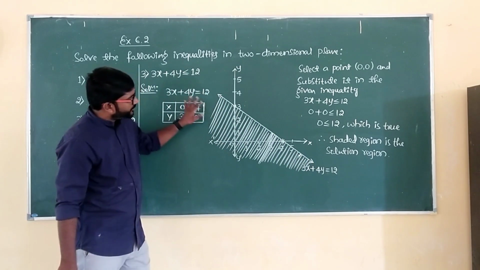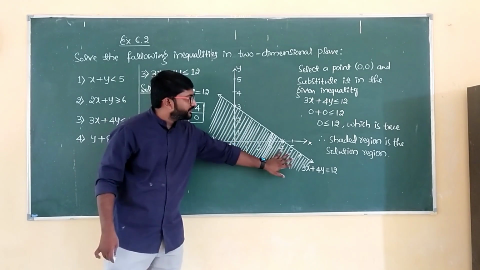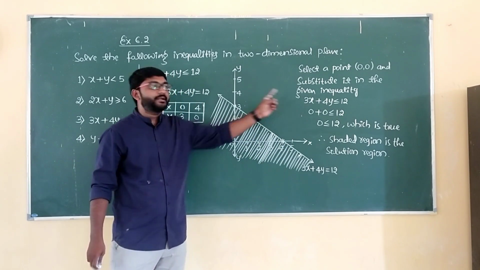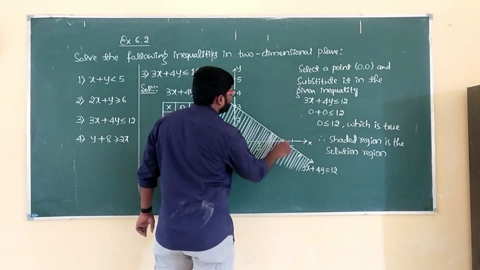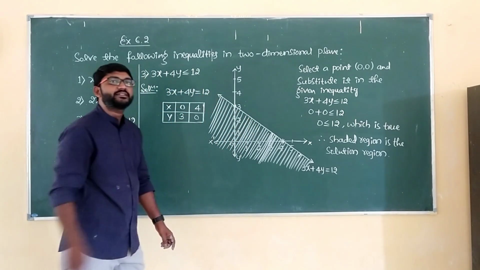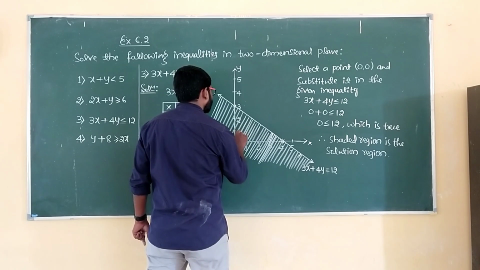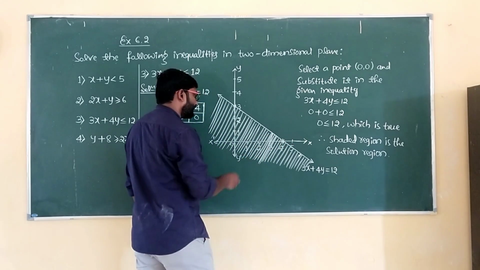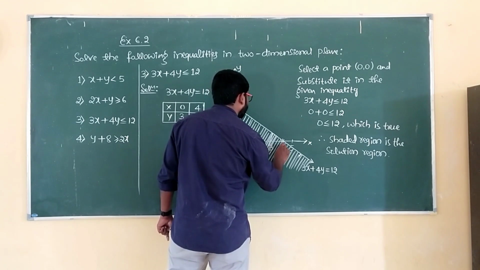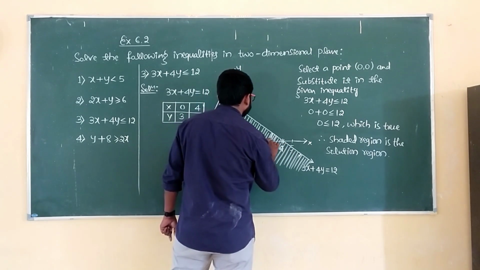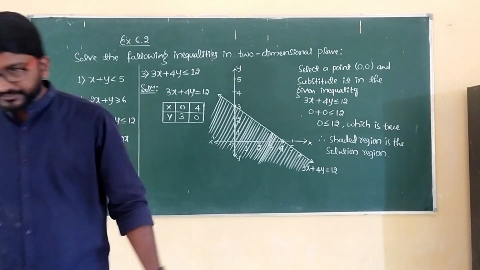So here this is going to be the solution region, and in this region you can consider any point. That point will satisfy the inequality, and since it is a slack inequality, you can also consider points on the line. Those points will satisfy the given inequality. The shaded region is the solution region for the given inequality. So this completes question number 3. Note this down, and then we will go for question number 4.